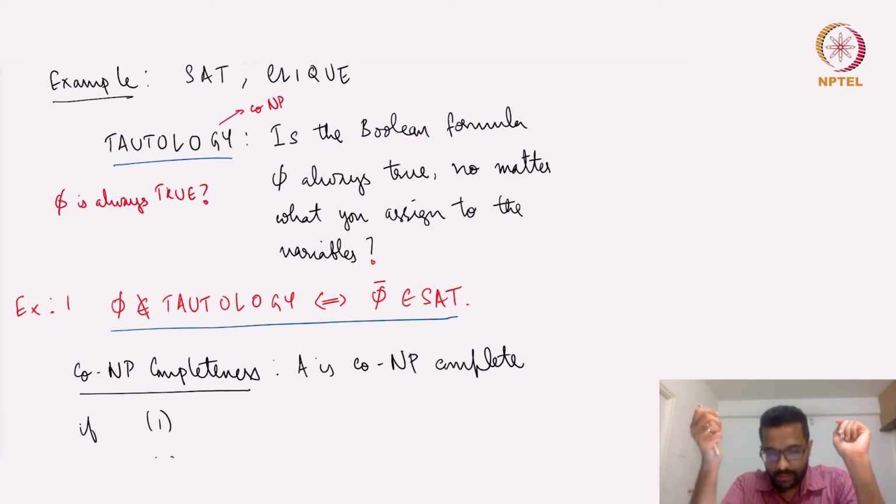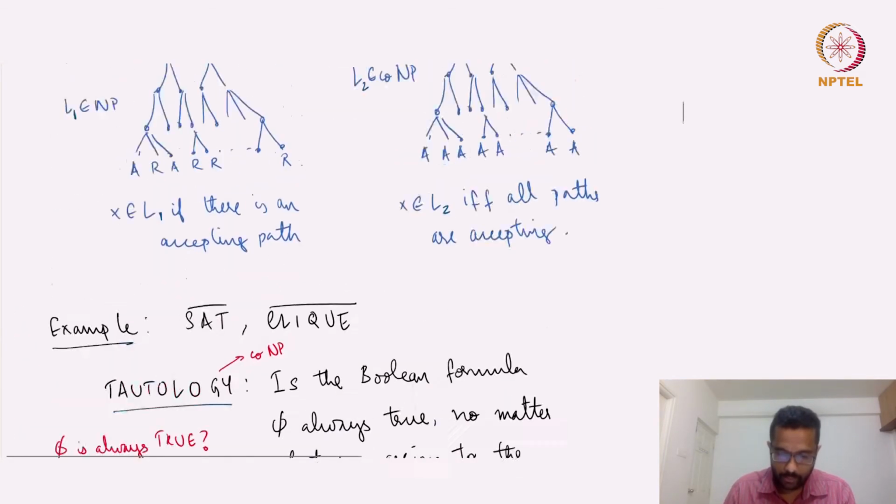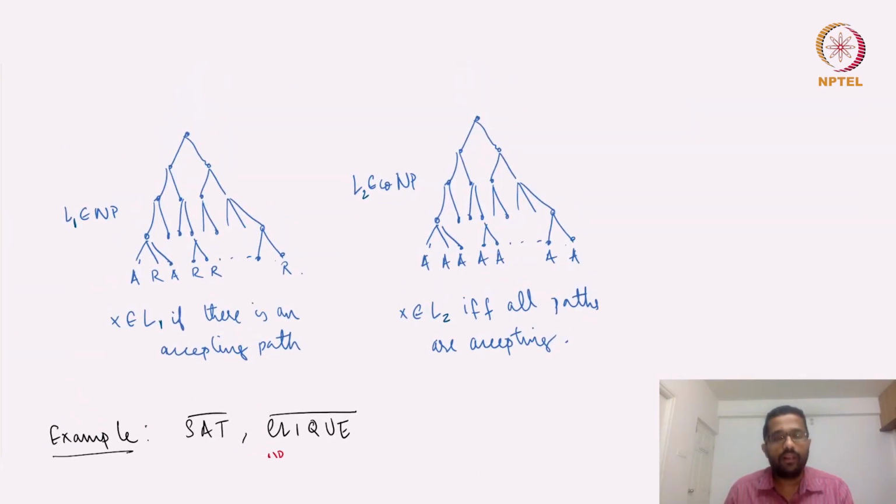So checking whether phi is a tautology: whatever is not in tautology, its complement is unsatisfiable. That is why tautology is a co-NP language. You are asking whether it always evaluates to true, regardless of what you assign to the variables. Another way to look at it,